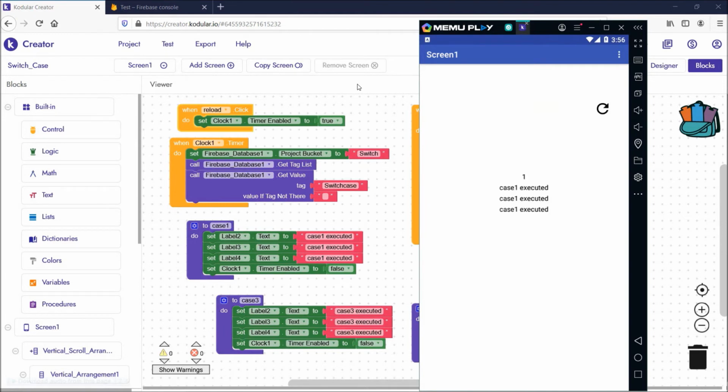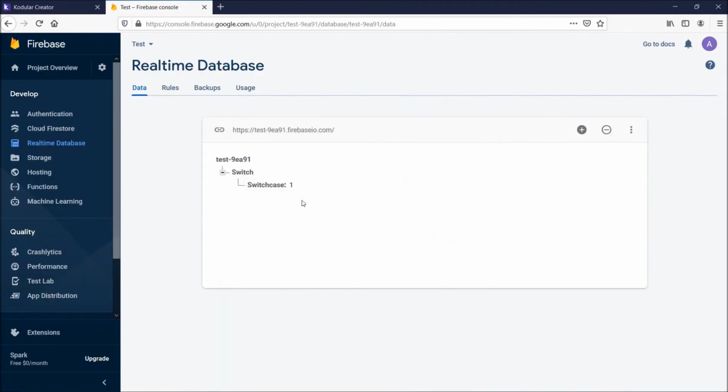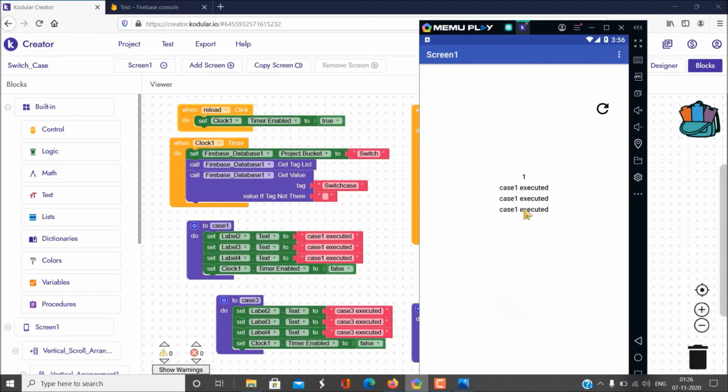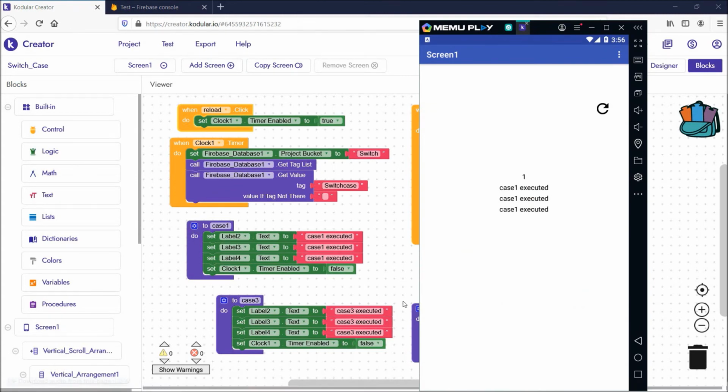So guys, here I have given the switch case as 1, so it has executed case 1 and it came out of the loop.